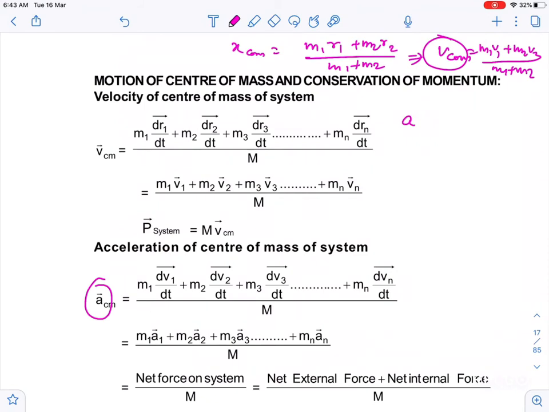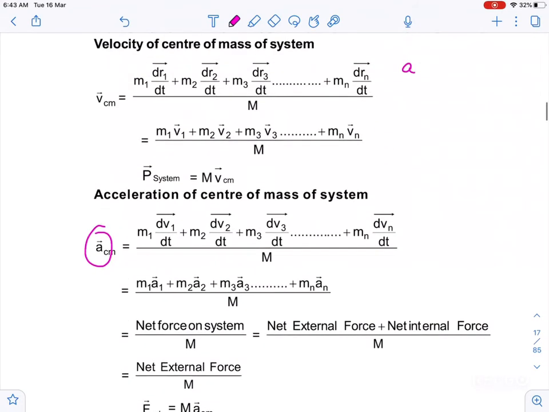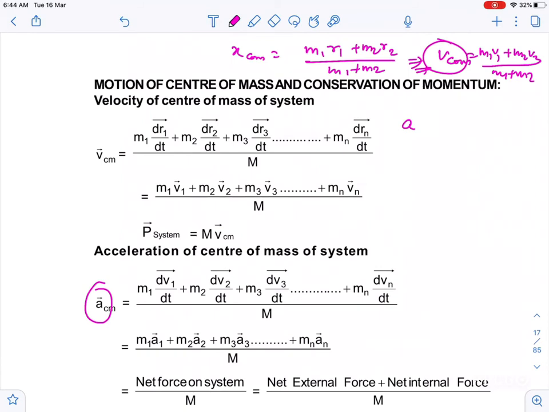If the center of mass is earlier at rest and there is no external force acting on the system, the center of mass will not change its position. Like if the center of mass is earlier at any point, it will remain at the same point. You have to keep all these results in mind also. One thing I want to tell you here, center of mass, some questions where it is shifted this way, how much is the x shift, suppose like you can say questions 7, 8, 9 of HCV.